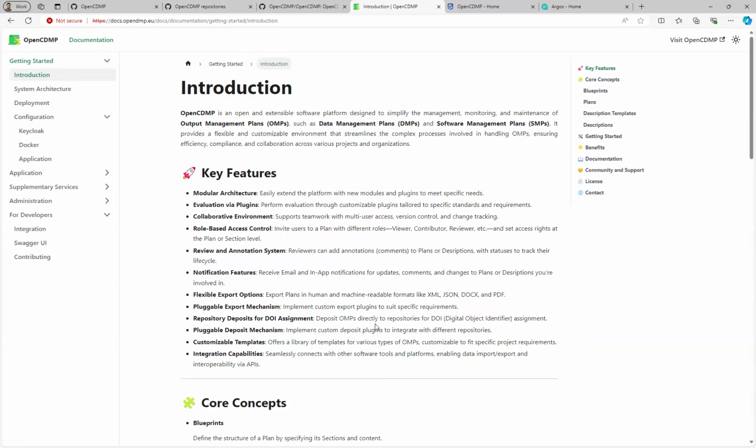And last but not least, we changed the authentication mechanism of the platform, and now we're using Keycloak as a single point of authentication for all services and integrations happening in the software.